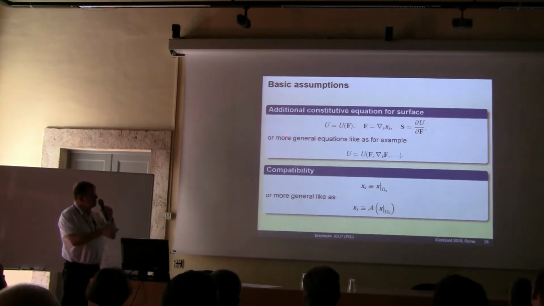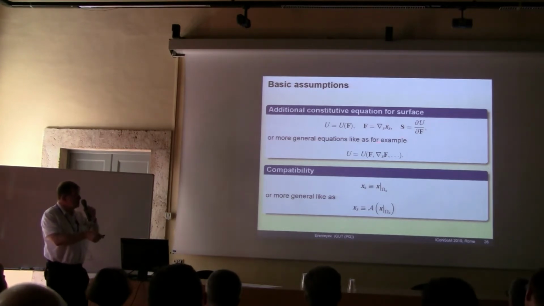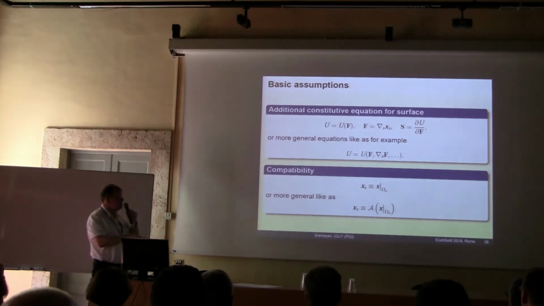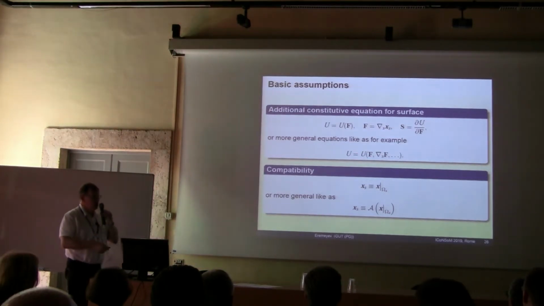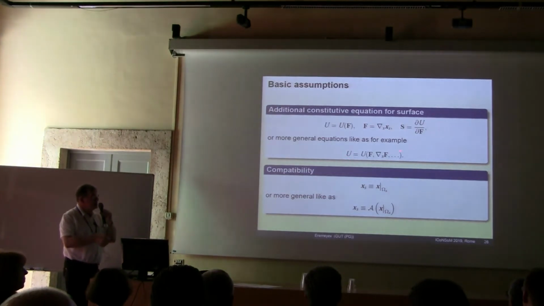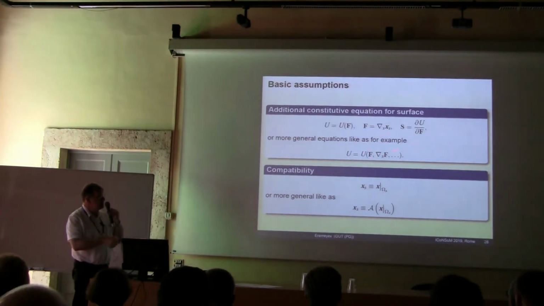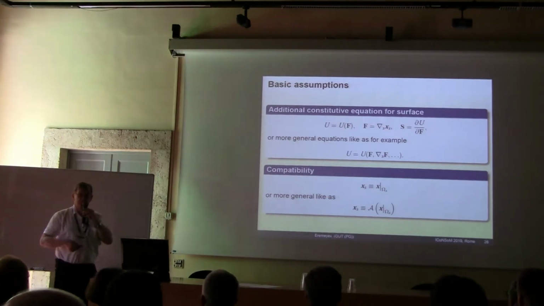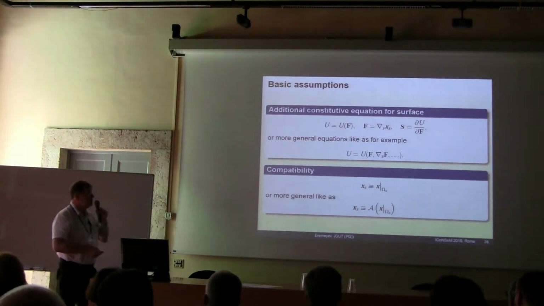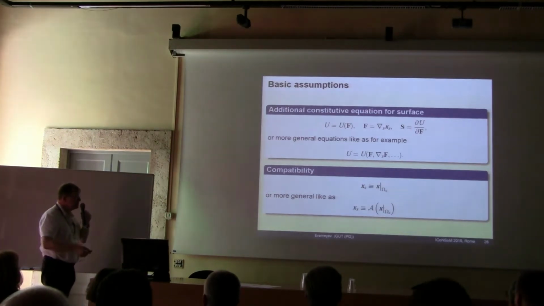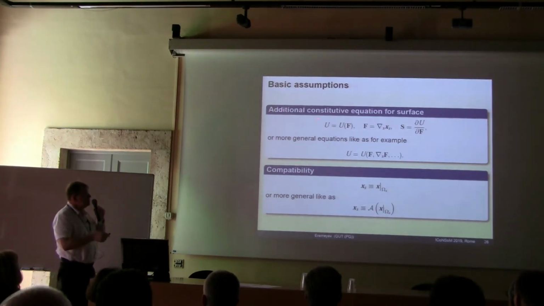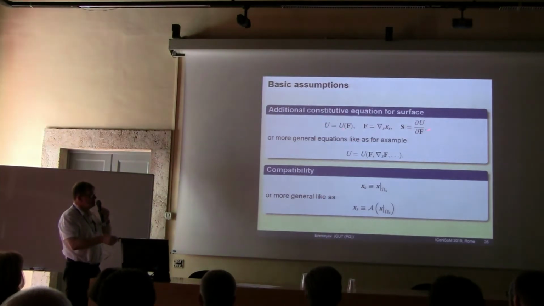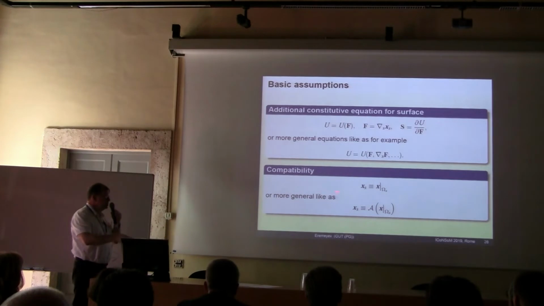Or you can use some more general equations. For example, the second generalization was proposed by Steigmann and Ogden, who considered the bending stiffness of these elements. There are many others, and here it should be Professor Lurie who proposed other modifications of this theory to capture other phenomena. So the first keystone of surface elasticity is the additional constitutive equation on the surface, and the second is a compatibility